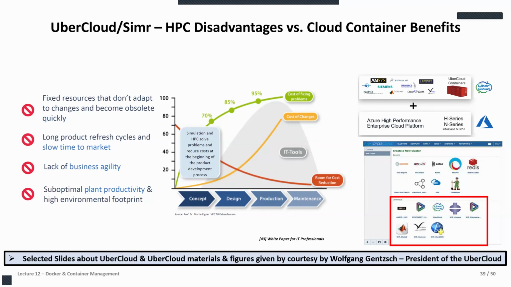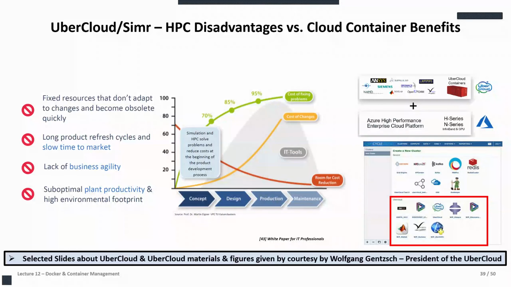But this is really the benefit of putting this into containers instead of running directly on the HPC without any container support. That means you install it via each of the individual HPC service centers or in your own center, and then you have to keep track of the maintenance. You have to update all these different containers and do it yourself. But by using UberCloud and SimAir solutions, all of that is done for you. So these containers are already prepared, and all you have to do is decide on which of the HPC clouds you want to jump on.